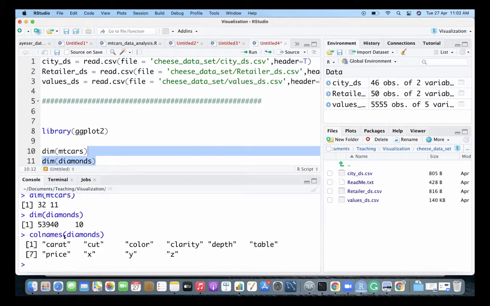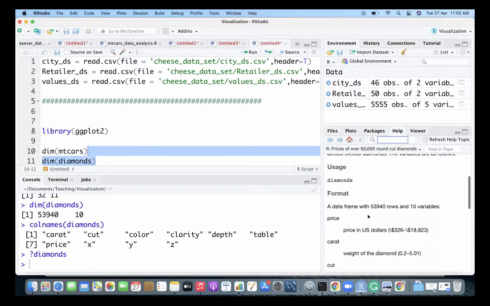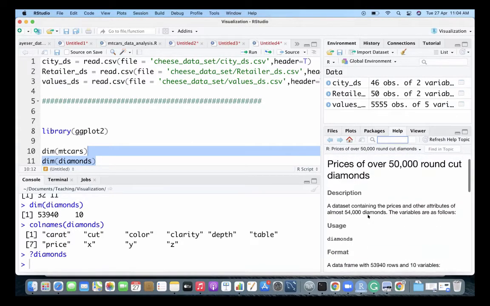So these are the columns. If you just say question mark diamonds, it's a little old data set, I think.